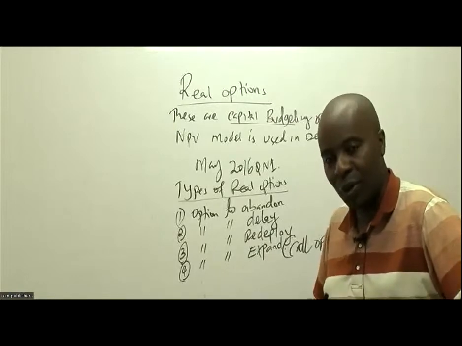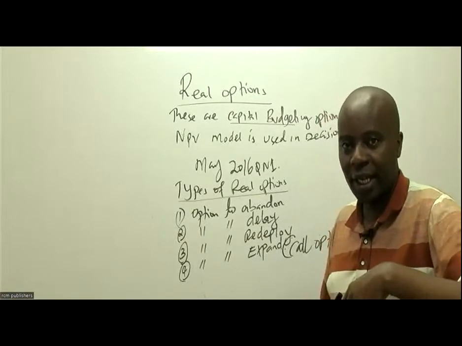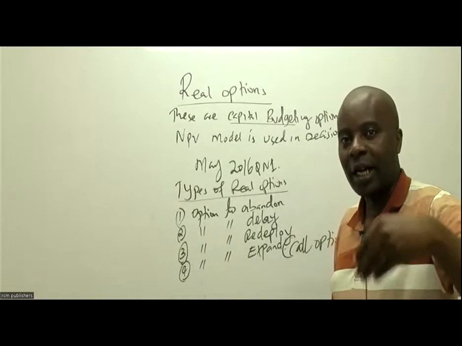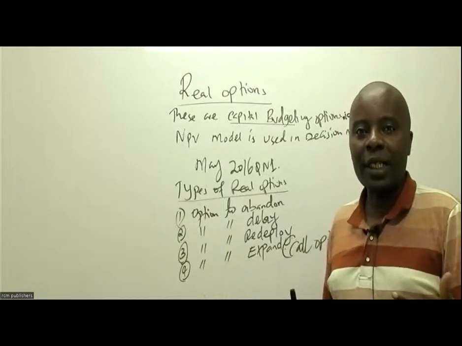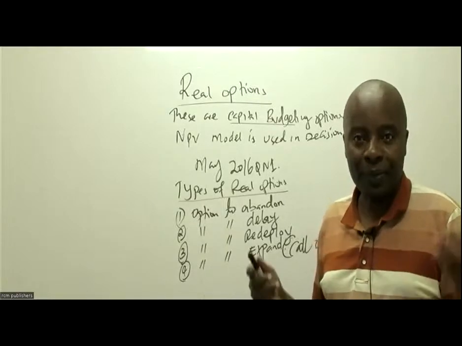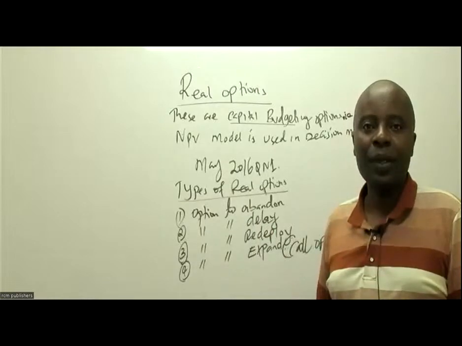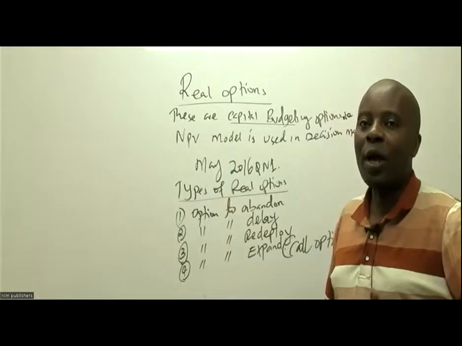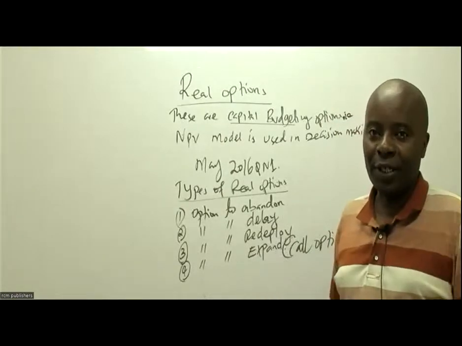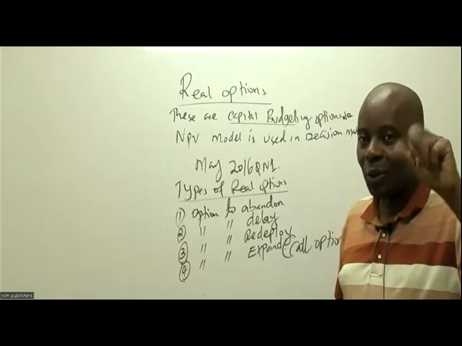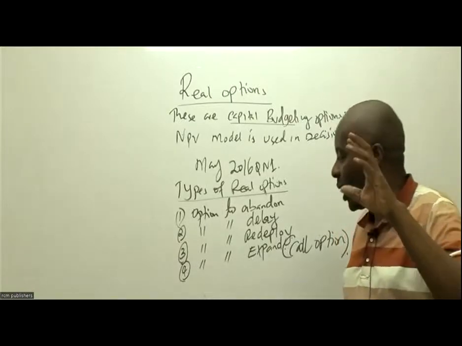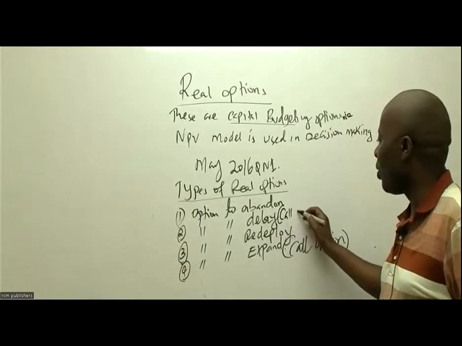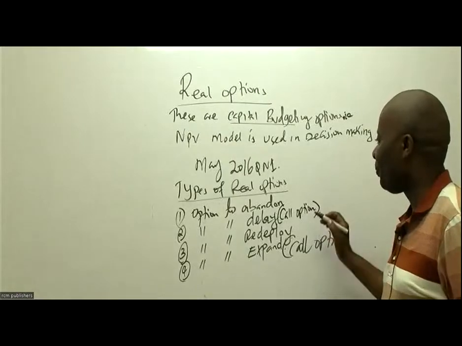Of course, we have it down in writing, but should everything fall in place very well in Kenya after the elections coming in August, then come September, October, I'll start building my warehouses. So if it's an option to delay, however much I delay, at the end of the day I'll come and make an investment. So I'm buying. Remember, a call option is the option to buy. So delay here will be accounted for as a call option.